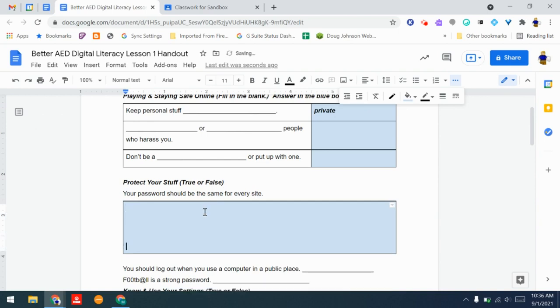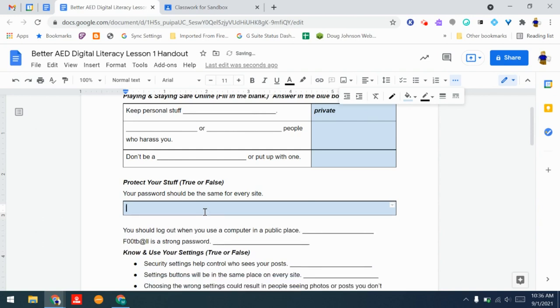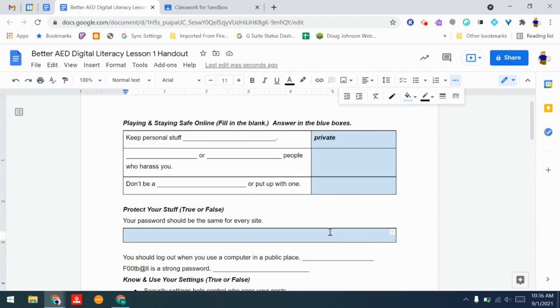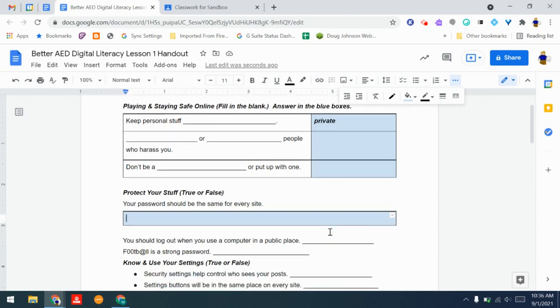Like I wouldn't hit enter a bunch of times because when a student types their answer, if their answer is bigger than the box, as they type, the box is just going to continue to grow for them. Okay, so adding these tables with these blue boxes, giving students a place to answer, that's one way to optimize